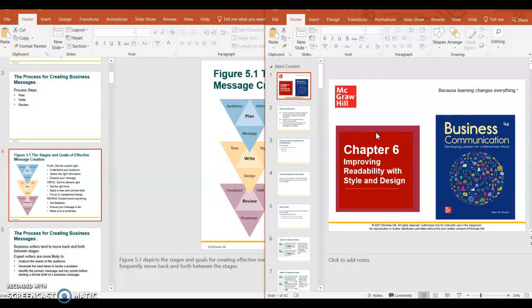Chapter 6 is all about improving readability of your message. So once you've written or drafted it, now you need to put it in a format that people will be able to easily read and navigate, because if it's too many words, if there's not enough white space, for example, the message can get lost, even if you have an effective business message and you took the time to do